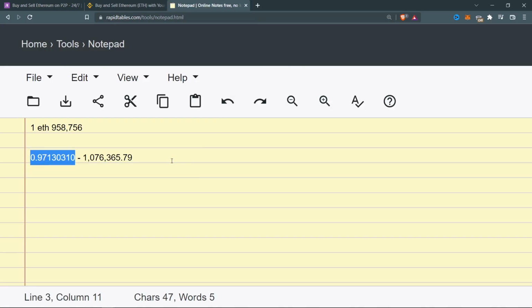let's do some calculation right now because we want to find out how much profit we have made from doing this arbitrage